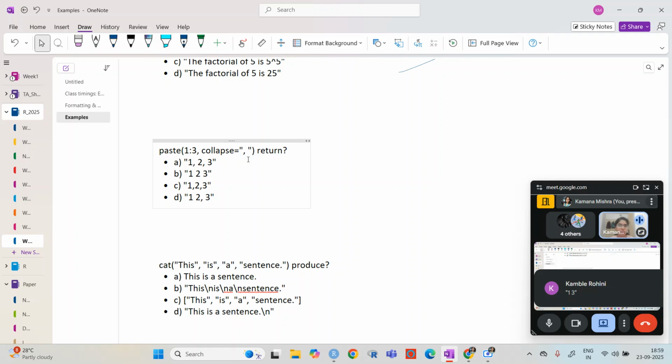No, it is 1, 2, 3. Okay, it is 1, 2, 3 values. And I'm saying that collapse it by this.